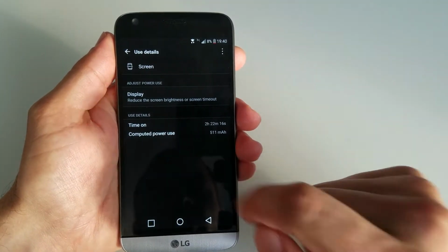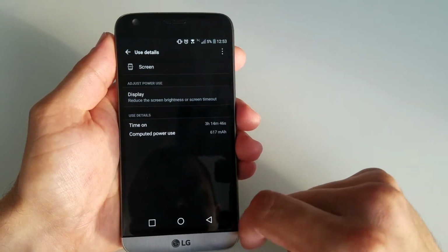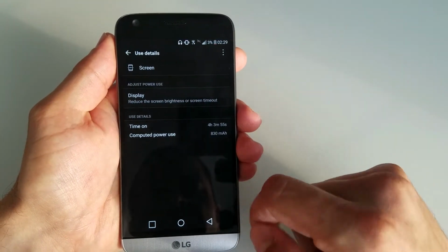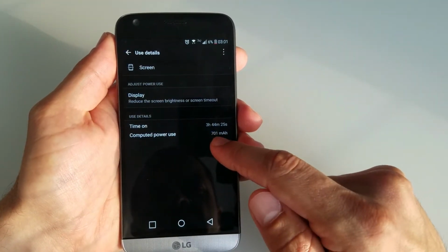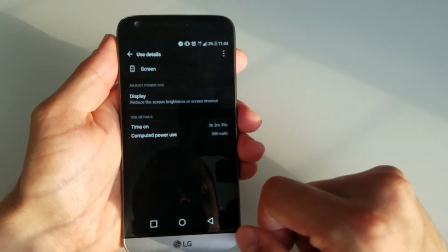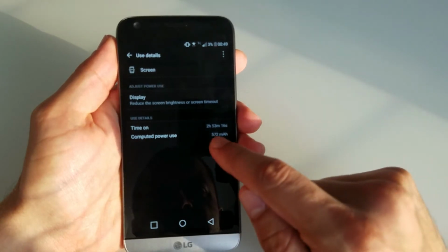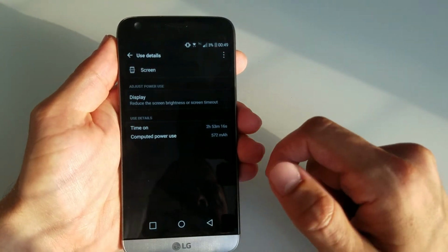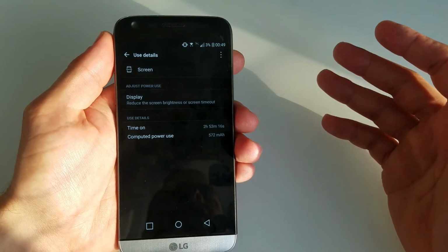Check this out. 2 hours 22 minutes of screen on time. 2 hours 23 minutes here. 3 hours 14 minutes. 4 hours Wi-Fi only. 4 hours 2 minutes. 3 hours 44 minutes. 4 hours. 3 hours. 2 hours 45 minutes. 2 hours 53 minutes. So basically, in my book, that's pretty bad simply because on Wi-Fi only, the best you can do is 4 hours of screen on time,